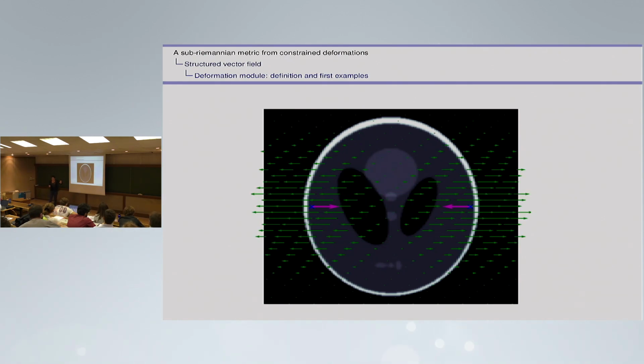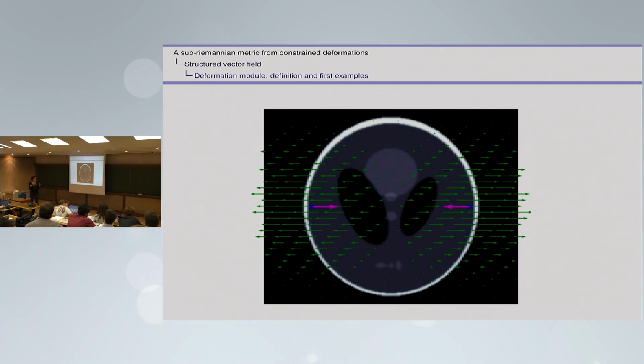So I can build a new deformation module incorporating this additional prior. In this case, the geometrical descriptors are still going to be sets of 2 points, but the control variable now is going to be a scalar variable telling how much I want to use the possible dilating, contracting field. So note that the vector fields that can be generated by this second deformation module could have been generated by the previous one. But here, I am forced to have only this type of fields because I have an additional prior.